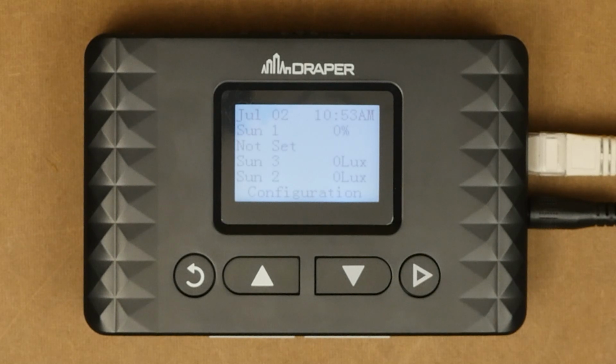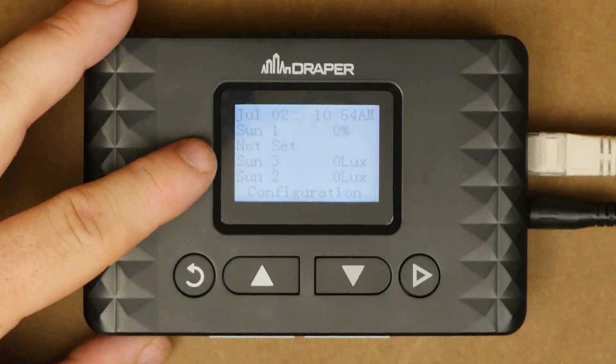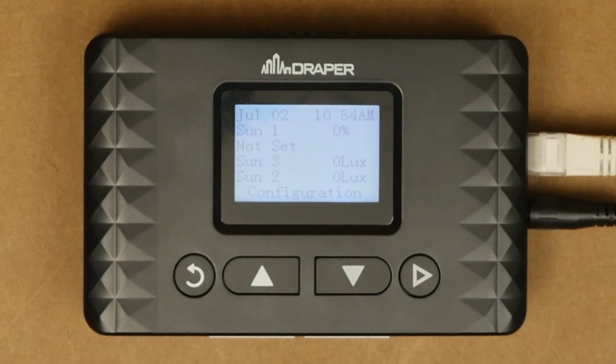Today we're going to cover how to program an SSI and an SSI Plus for the IntelliFlex IO system. Okay, we've set up our sensors and now we're going to cover how to set up schedules on the SSI and the SSI Plus. We're starting out at the main menu that shows our sensor readings, so we're going to